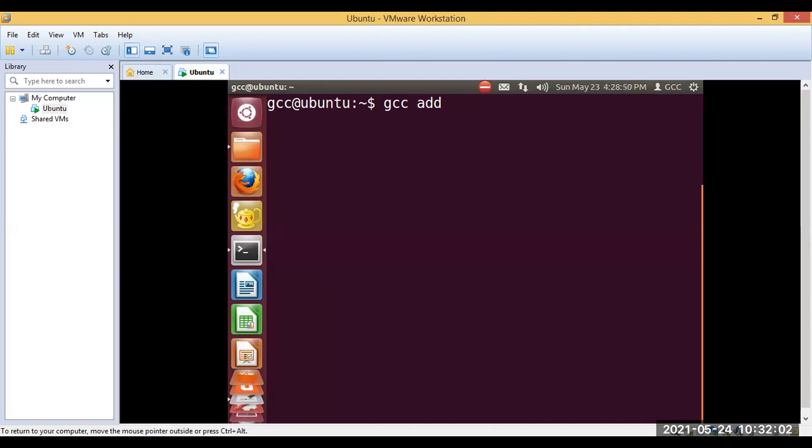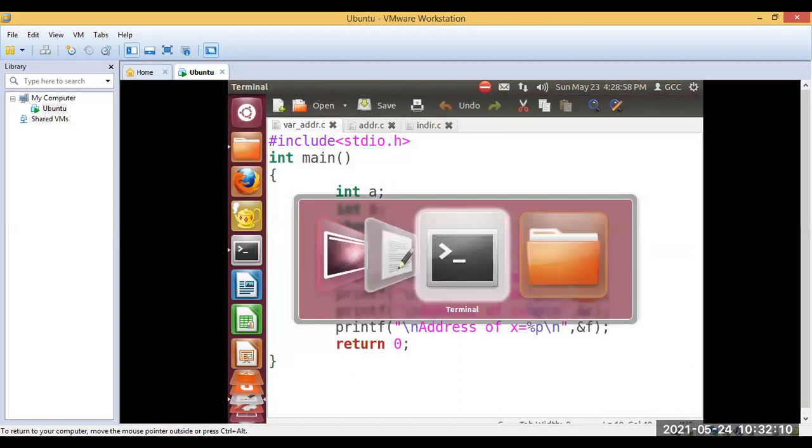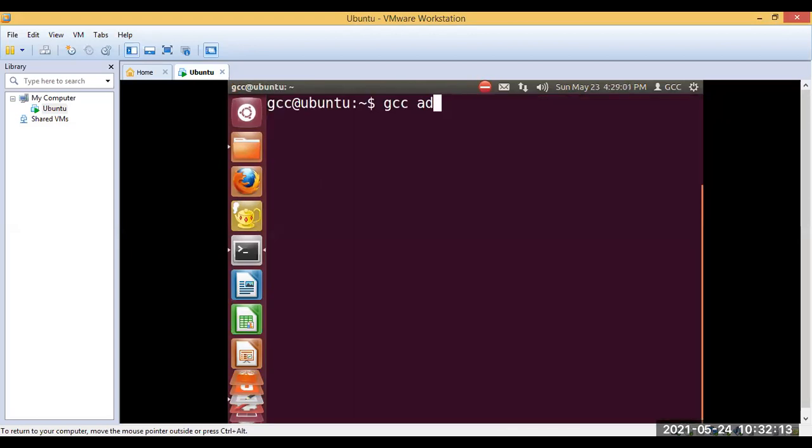Did anyone observe? What is the program name? var_address. So we have no errors.